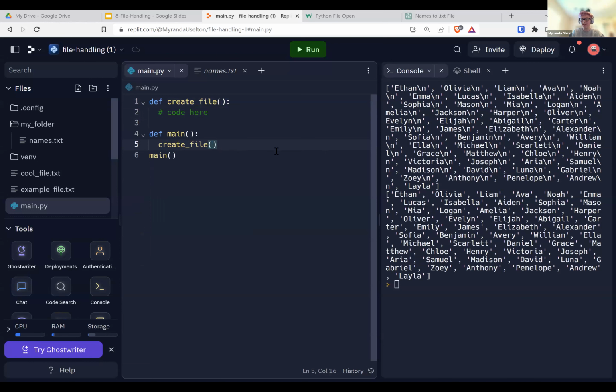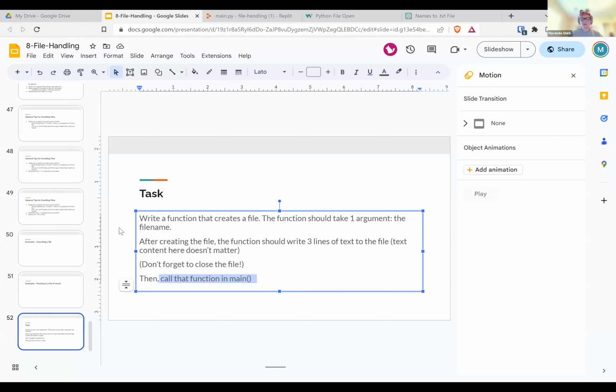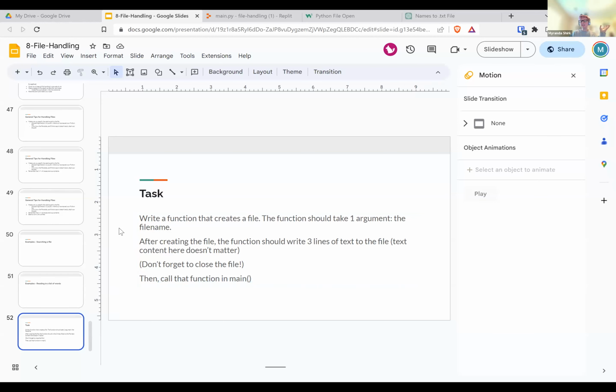Okay, I'm leaving the rest of class for you to work on this. So if you're still confused, stick around, work through it. Always remember, you can ask questions in the chat, in Discord, email me, ask ChatGPT, all of these things. But for the rest of class, we're going to work on this task. If you finish that task, you're good to go. And I will see you on Tuesday for the last week of class.